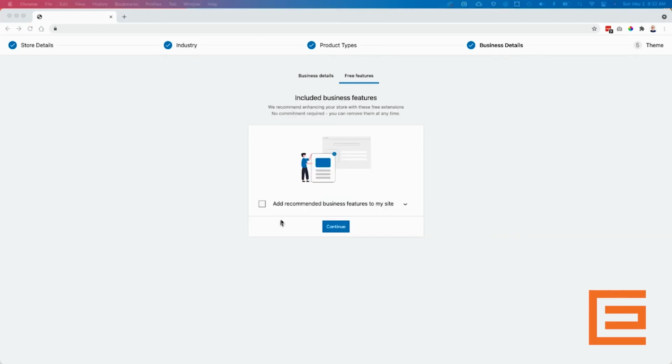So at this point, it just wants to know whether you want to add other features to your website. This will include payment processing, shipping, and additional options. And again, you can add and remove these at any time. You don't have to set it up now. So for now, we are not going to set that up. We are just going to install WooCommerce. So if we hit continue,